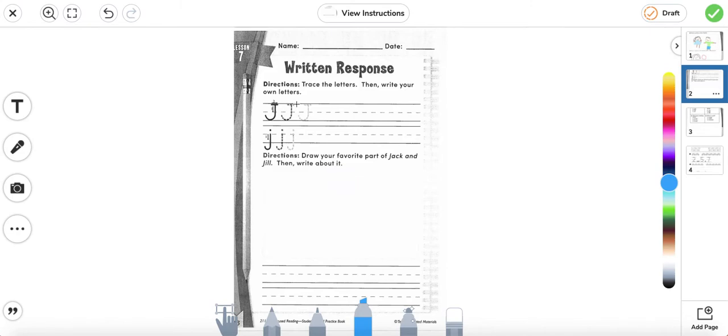When we write the uppercase J, we're going to start at the top. We're going to go down and curve. And then we're going to draw the line on the top. J. Let's go ahead and trace it again. Go ahead and write it 3 more times. So you start at the top of the line, you go down, you curve, and then you draw the line on top. 1, 2,